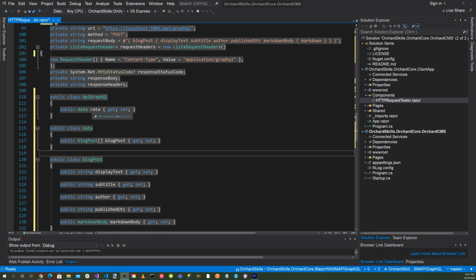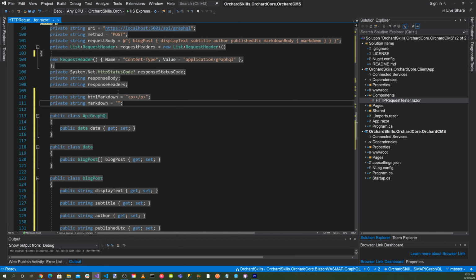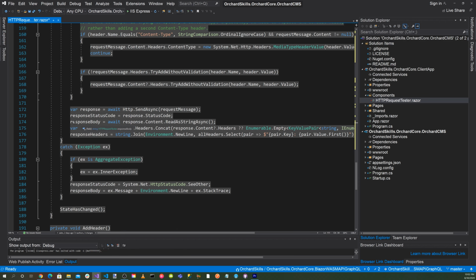Let's also add some strings here. One for the actual Markdown, and we'll just set that to a blank, and also for the HTML rendered Markdown. And let's just put a p tag in there. Okay, now let's scroll down. So here, this is where we get our response, and we store it into the string response body. So after this,